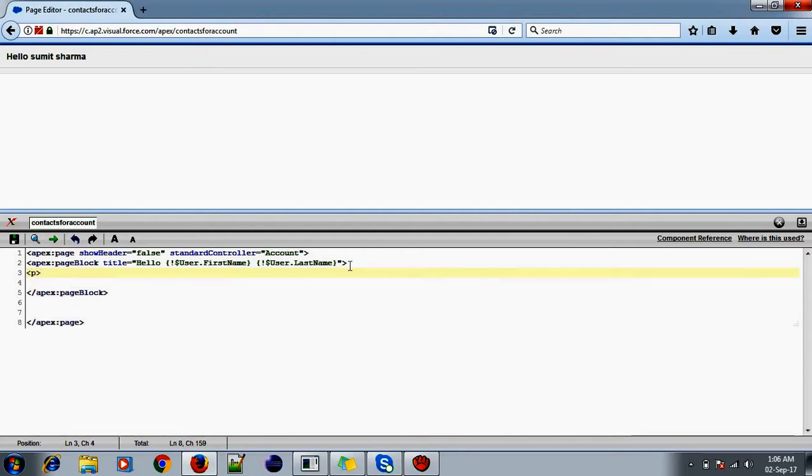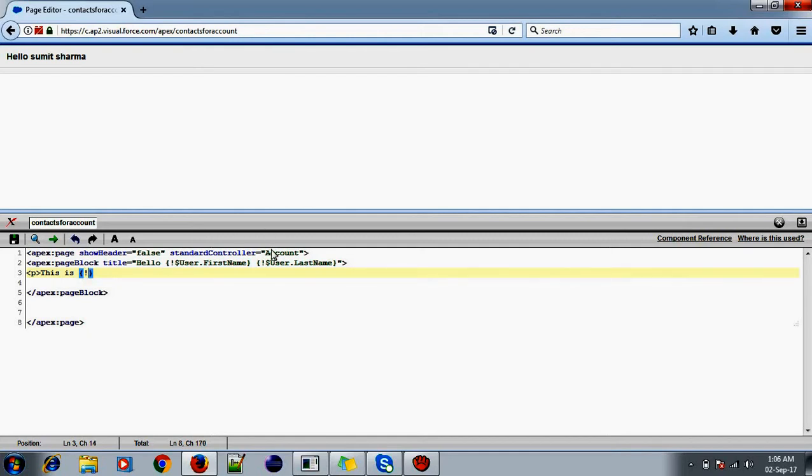Now we will give an account. So this is so-and-so's account. How will we get the account details?